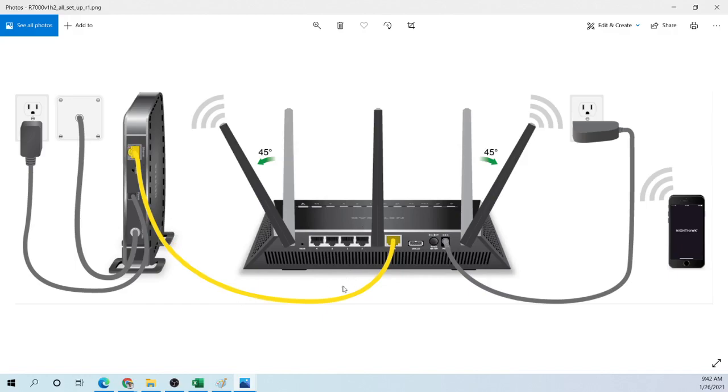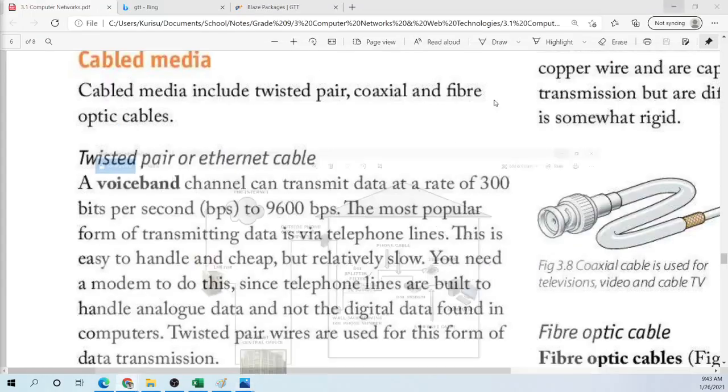So also Ethernet cable. Remember, twisted pair and Ethernet, they are basically used interchangeably. So it's just a different type of twisted pair cable, because if you ever looked at it, you will notice the size is different compared to the telephone cable that is plugged into your phone. So the telephone cable that's plugged into your phone is one type of twisted pair. The cable that is connecting your router to your modem, that is also another example of a twisted pair cable.